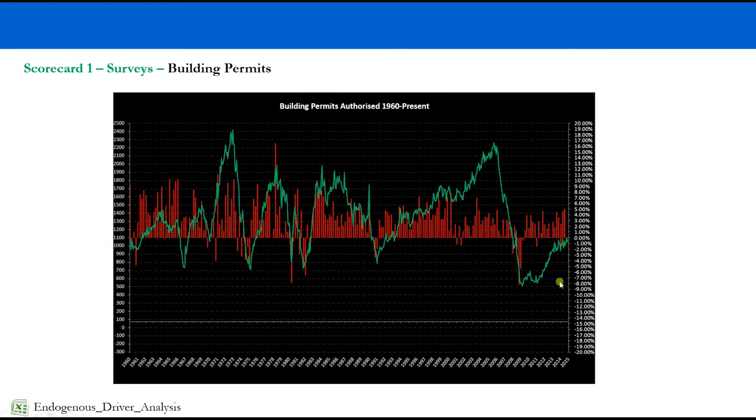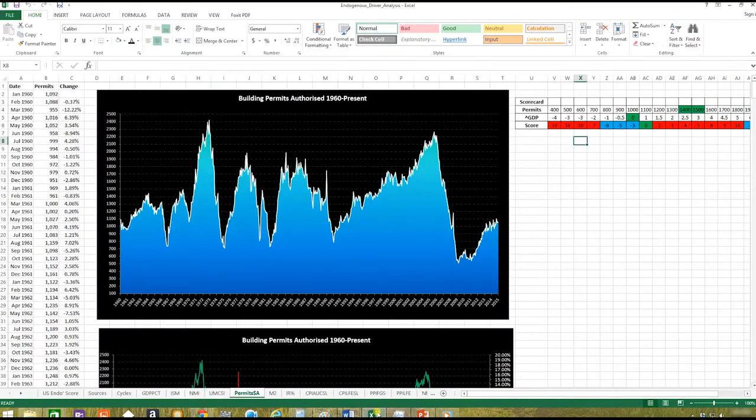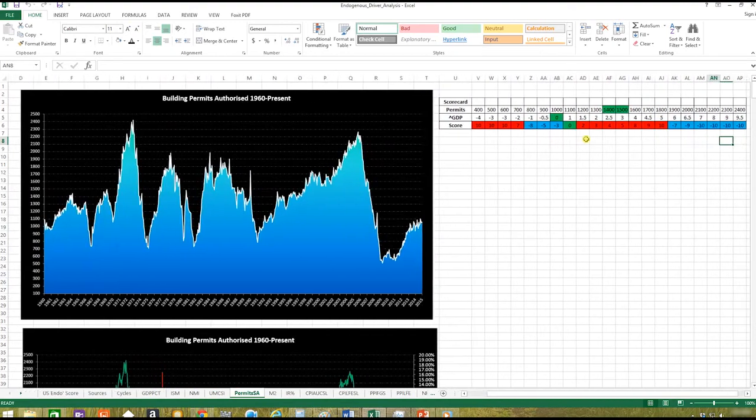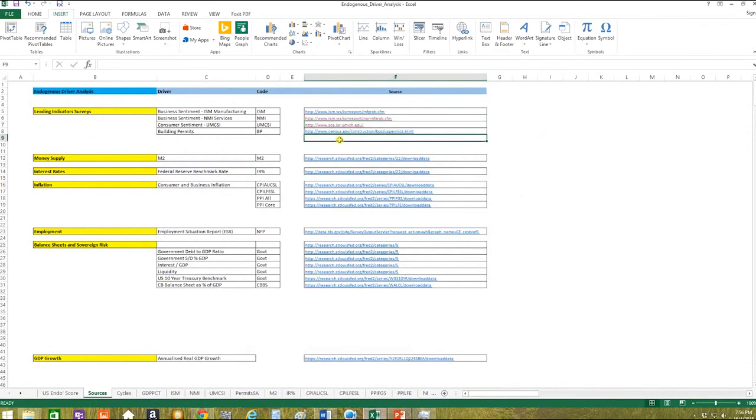So if we go out of the presentation here and head over to the spreadsheet, make sure that you're in the Permits SA tab, and we have our data, our charts, and our scorecard. Now you can go over to the Sources tab, and you can see we've got the link here as well. And if you click on that,